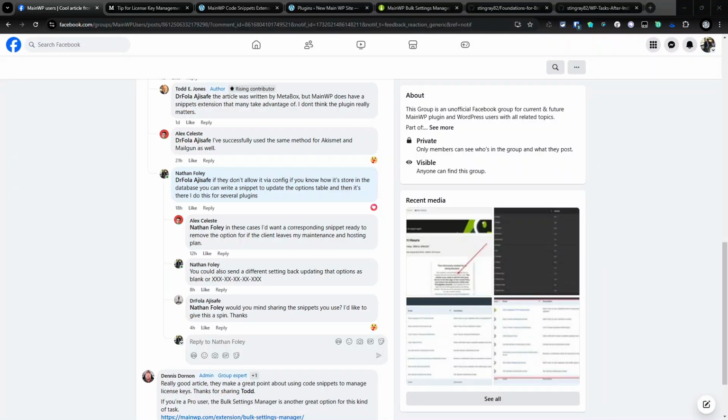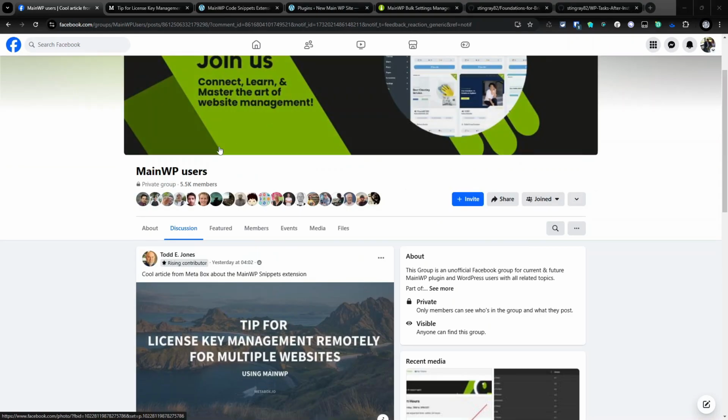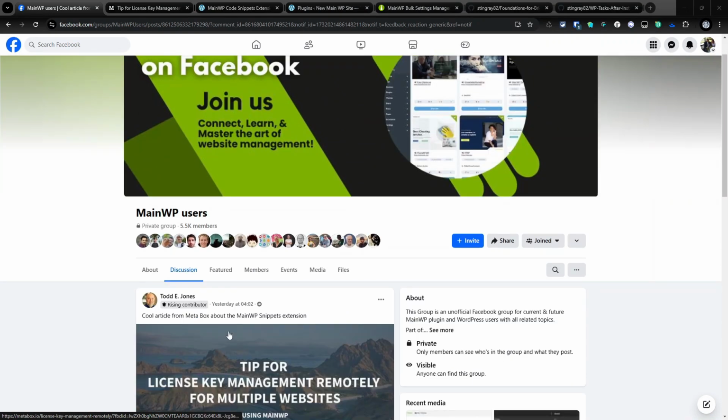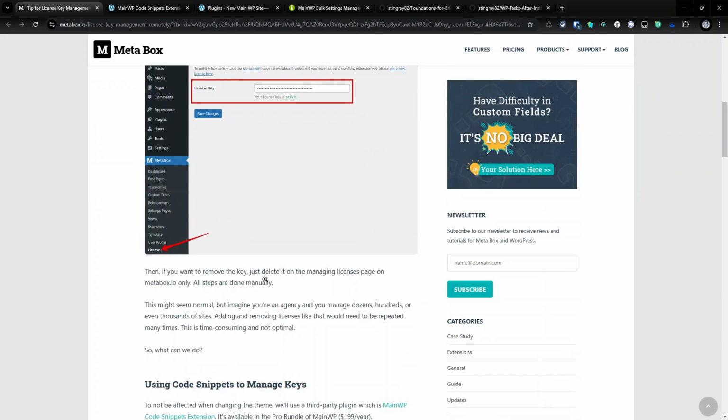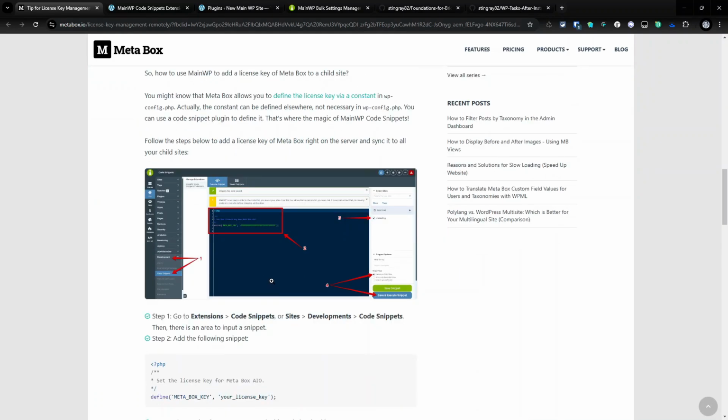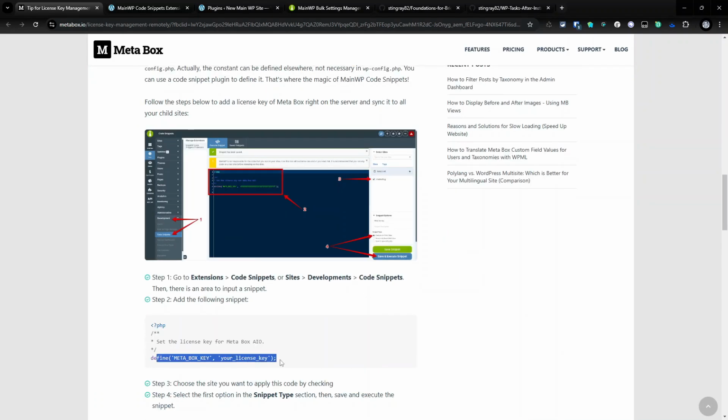In today's article, I want to cover something from the MainWP users group, and that was based on this article by Metabox about using the code snippet extension to activate Metabox and others, where you can use a define license where the snippet allows it. And I said I've been doing something similar for a while, and actually I don't currently use this method myself